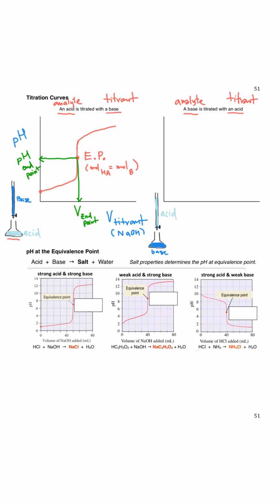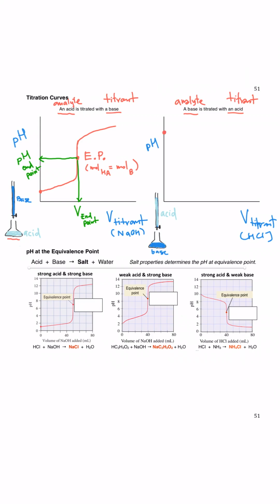Now let's consider the second graph. In the second graph, a base is the analyte and an acid is the titrant. The graph that we are going to plot would have the volume of the titrant, in this case an acid such as HCl, on the x-axis. And the y-axis would be the pH of the analyte, which is the pH of the base inside this Erlenmeyer flask. And again, at the beginning, before we add any acid into the flask, the pH of a base should be a very high pH, higher than 7,